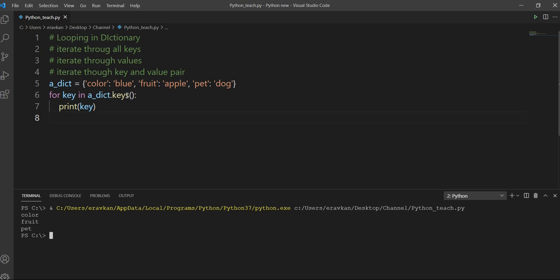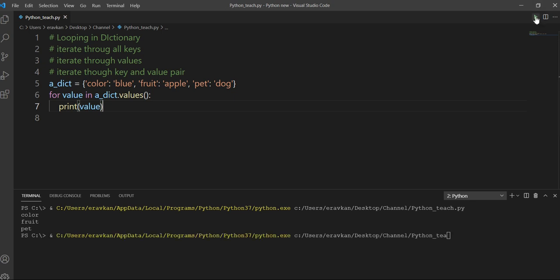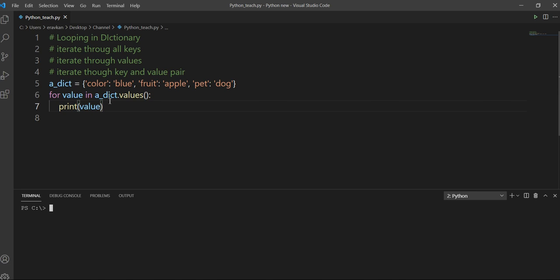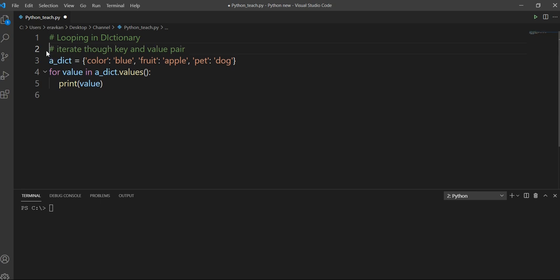In the same way I can do values. Here I will change key to value, and by doing this, you will get all the values of your dictionary. Iterating through keys is done, values we have done. Now iterate through key and value pair.